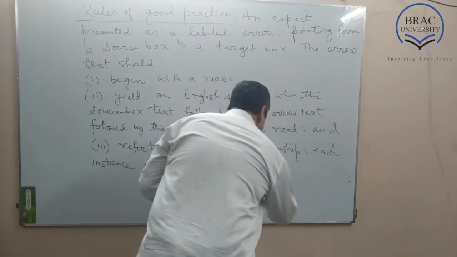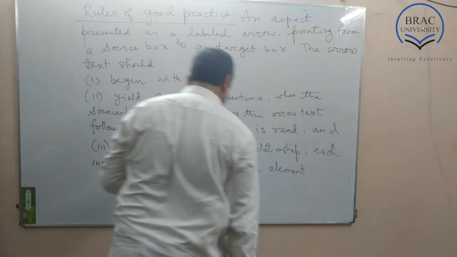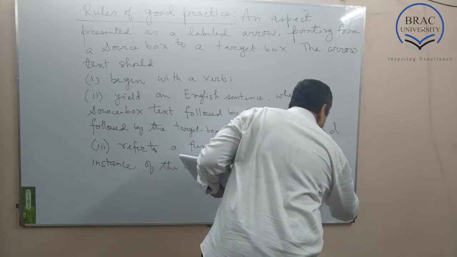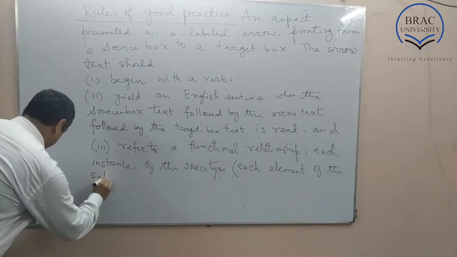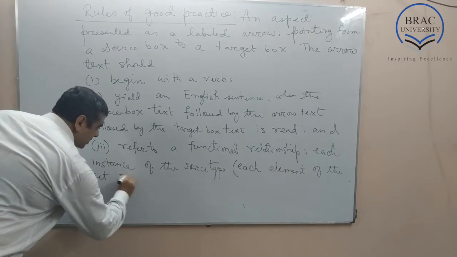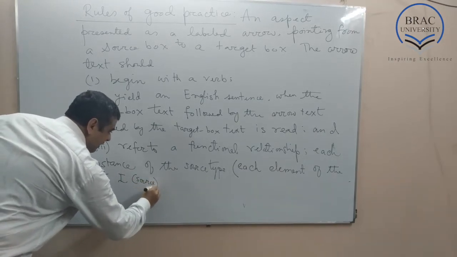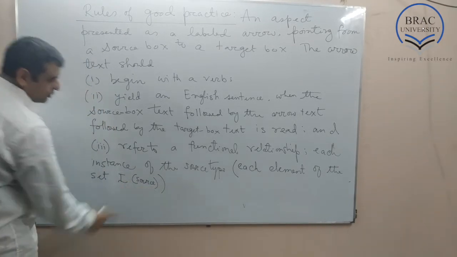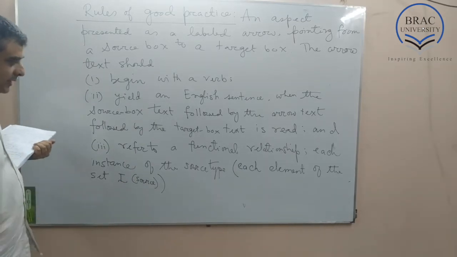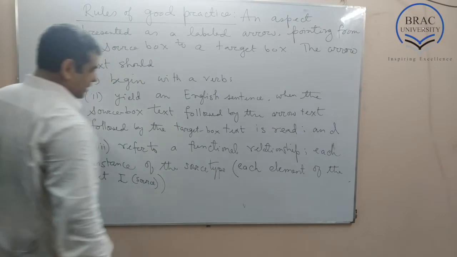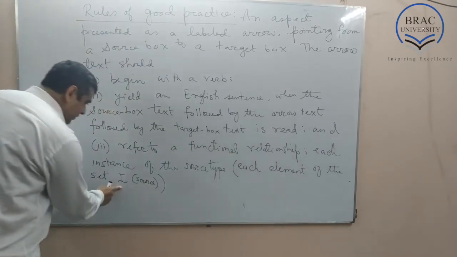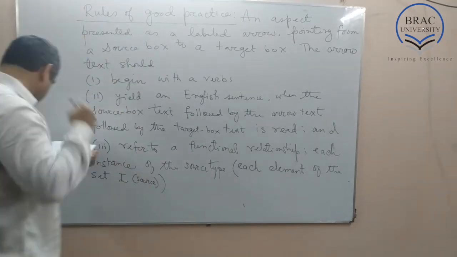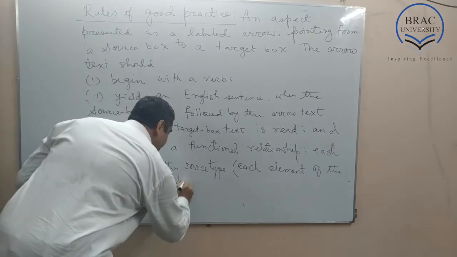Each element of the set I source, where the source is the type and I source is the set representing the type, and we are considering each element of this set, which is precisely an instance of the source type, and this should give